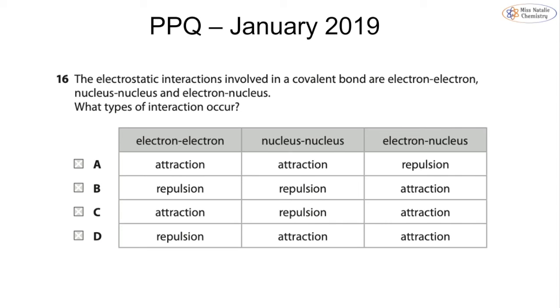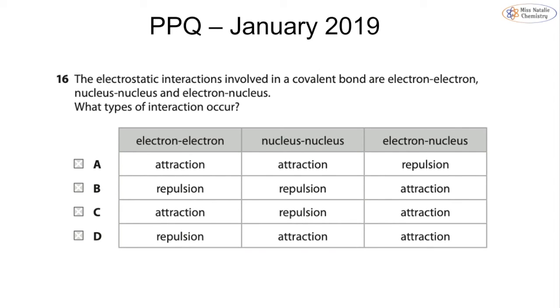We're going to finish off by looking at some past paper questions. So this is from the January 2019 paper. We're looking at the electrostatic attractions involved in a covalent bond, and they are electron-electron, nucleus-nucleus, and electron-nucleus. And we want to think about what's being attracted and what's being